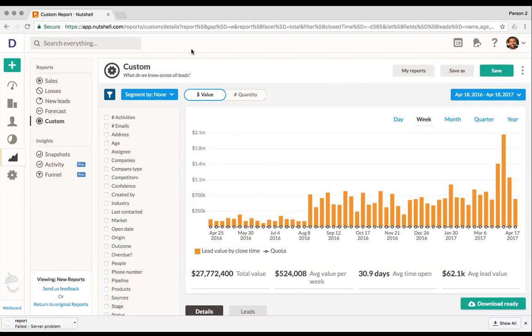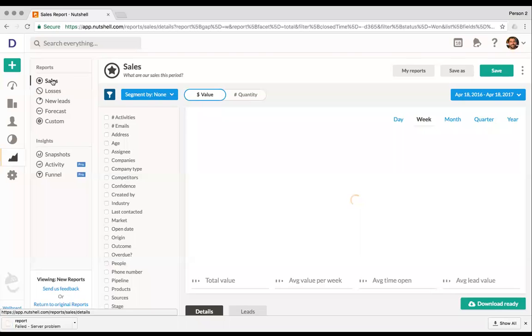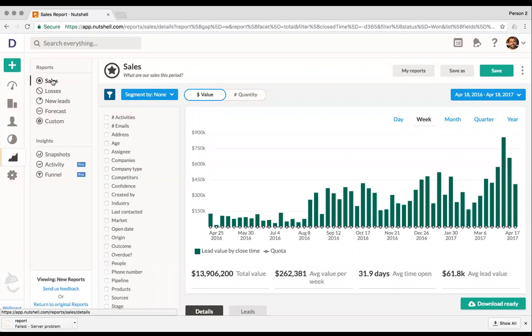Okay, so another question is, when is this being launched? And I'm really glad that was asked. So we are anticipating making this available as a beta feature in all of our customer accounts on April 20th, so this Thursday. You'll see an option at the top of your account that will allow you to jump to